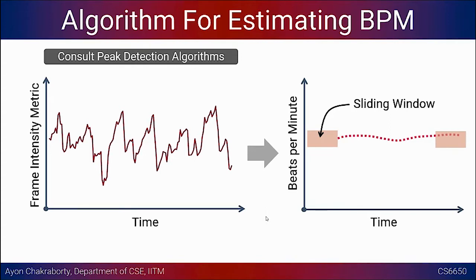So the first time you want to do it from 0 to 5 seconds. Next time you want to do from 1 to 6 seconds, and so on. So this is like a queue. You are enqueuing and dequeuing 1 second worth of samples, and you are going to create this aggregate statistics on this FIFO. So what is the average beats per minute on this window, that you can report.